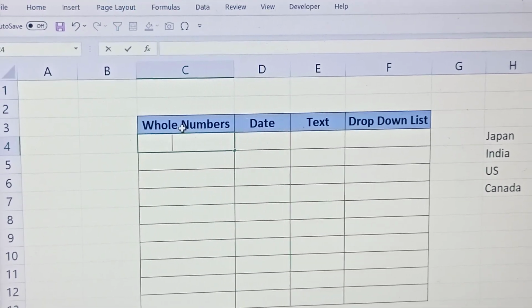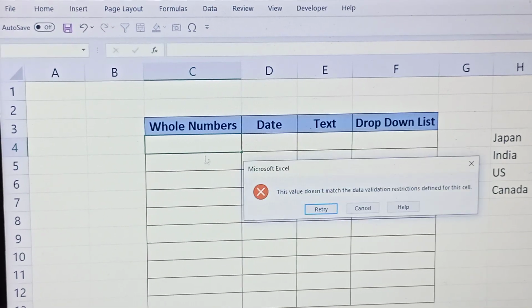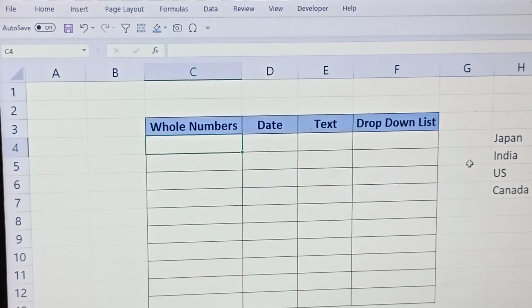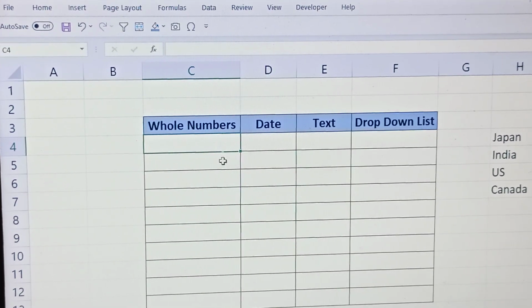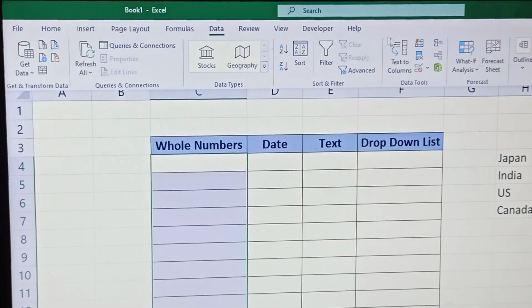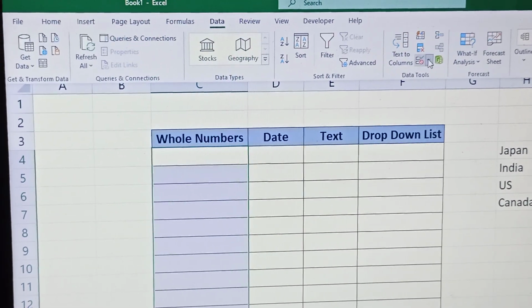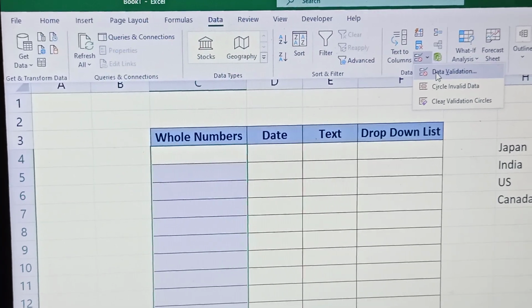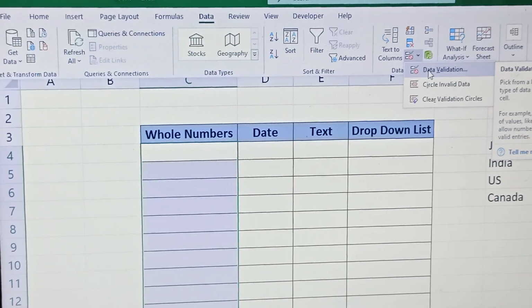You just need to select the columns where you want to do the data validation. Click on Data, click on the icon, and now click on Data Validation.